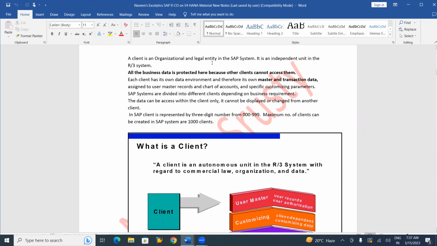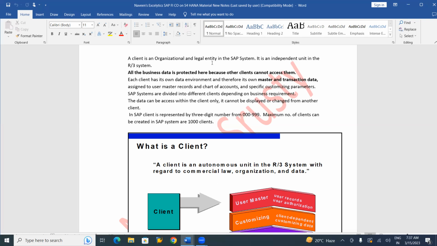Here, what do you mean by entity? Entity is nothing but a recognition. As I said earlier, whenever you are attending an interview, they will definitely ask you one question: on which client environment you are working, right? Who is your client is different, and which client environment you are working in is different. Who is your client is nothing but who is your customer, the customer for whom you have implemented SAP. But which client environment is nothing but which client environment you have worked in.